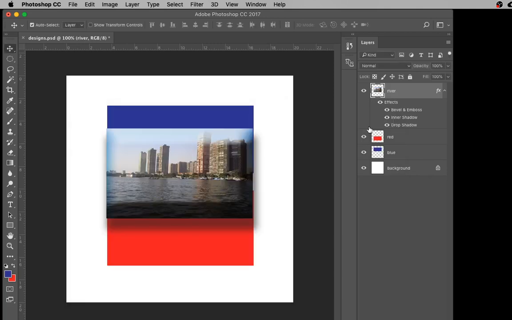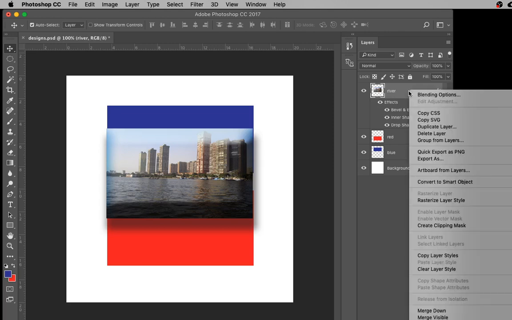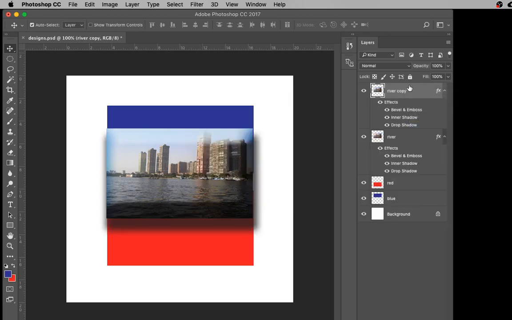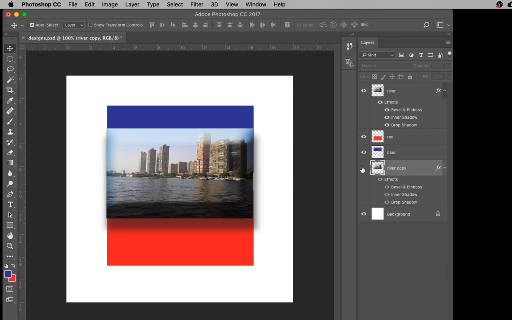The first thing you do after that, I know it looks like a mess, but sometimes the clients ask for crazy things, and you finish this. The first thing you do after that is you right click on the layer and you click on duplicate layer, and you take the river copy layer and drag it all the way, like I showed you before, to the bottom, all the way underneath the blue, and you hide this layer,